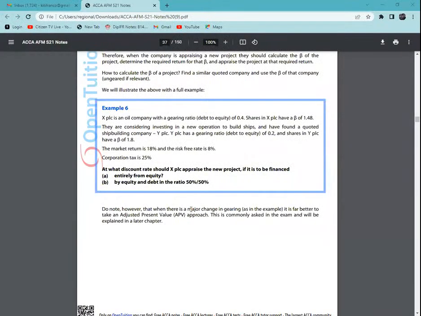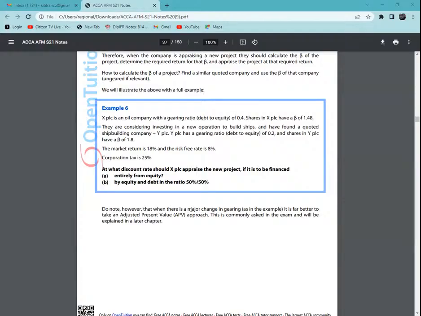Without knowing, it will trouble you a lot. Now, XPLC is an oil company with a gearing ratio, debt to equity, of 0.4. Shares of this XPLC have a beta of 1.48. So the beta of this own company, 1.48, is irrelevant. They're considering investing in a new operation to build ships and have found a quoted shipping company, YPLC, which has a gearing ratio of 0.2, and the shares in YPLC have a beta of